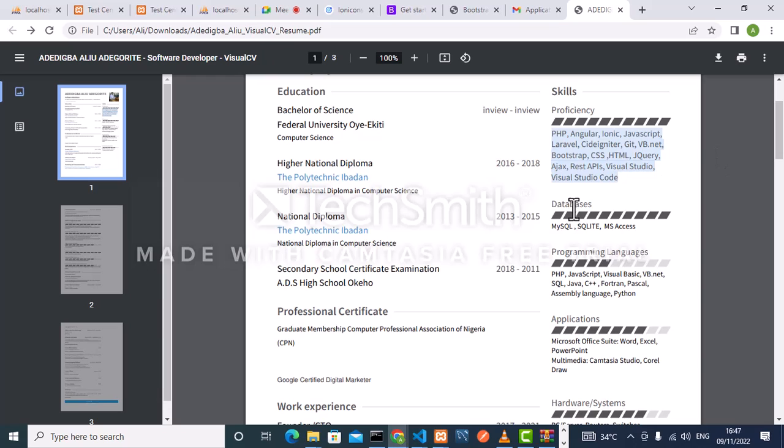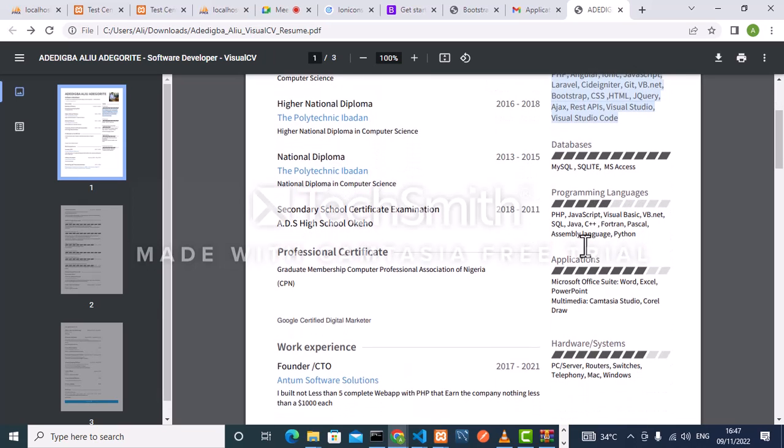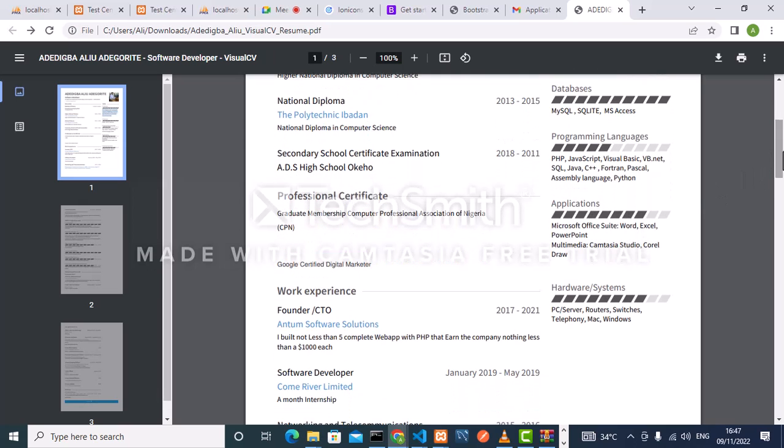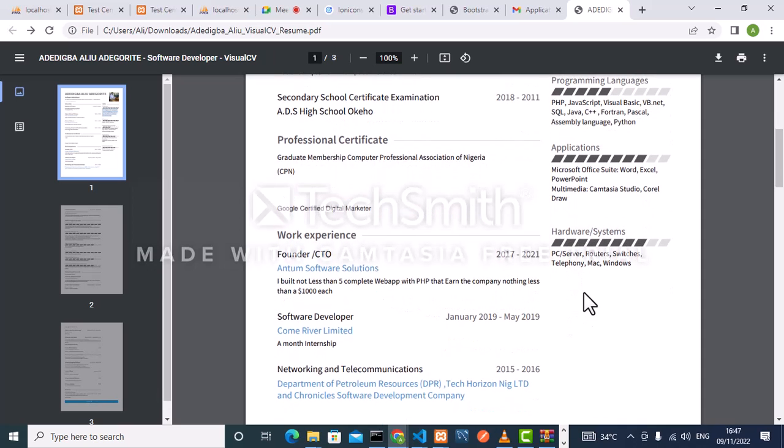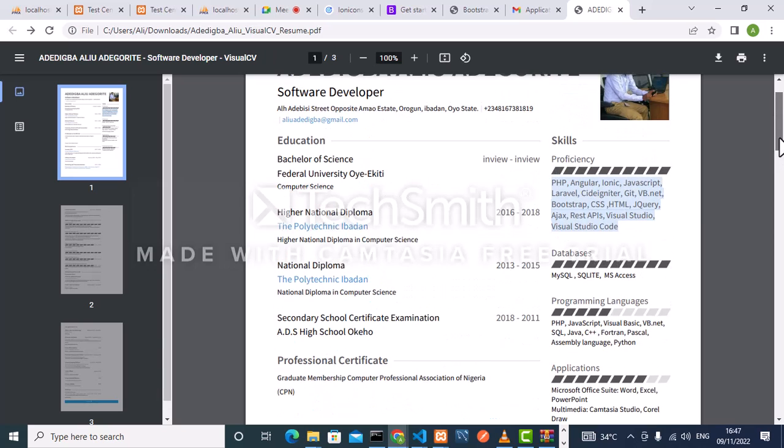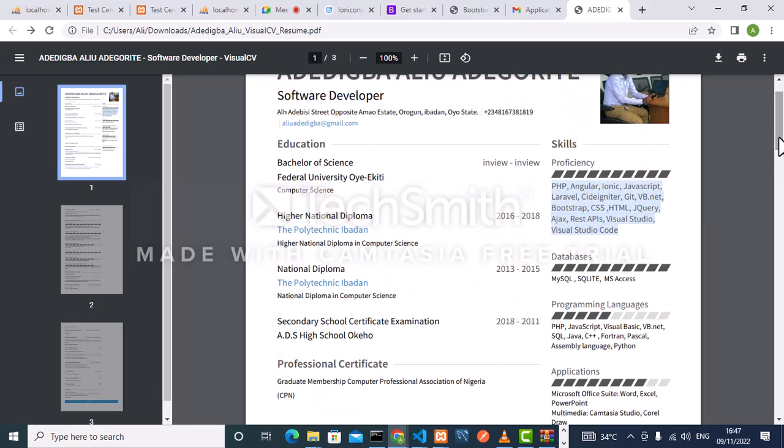Then database: MySQL, SQLite, MS Access. Programming languages that you can write: PHP, JavaScript, Visual Basic .NET, VB.NET, SQL, Java, C++, Fortran, Pascal, assembly language, Python. So now applications that you can use, hardware that you can handle. You list everything here so that when people read this, they know a little about what you can do,